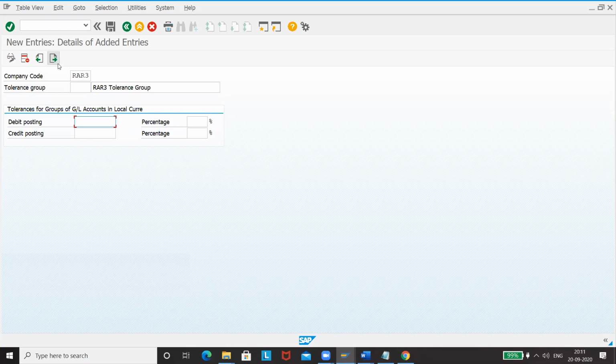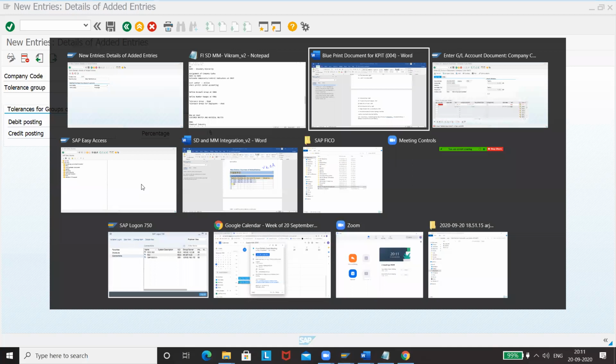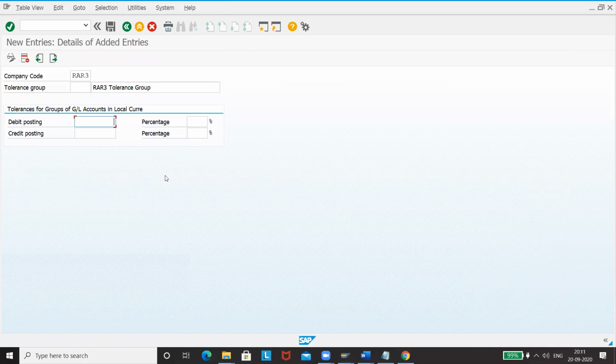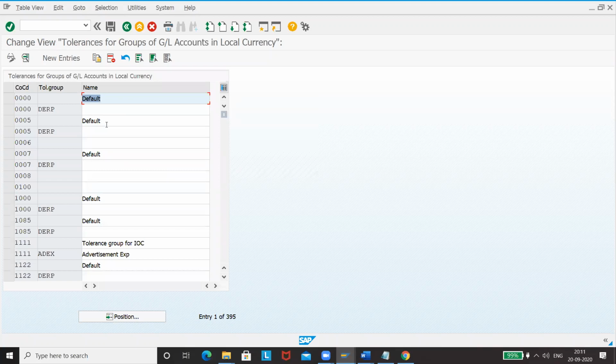Here you have to give tolerance. Whenever you post an entry, if these two things are not matching, you can give a range, and even if it is not matching, it will let you save. So you will have to give a range. Usually we give 100 if it is amount, and if it is percentage, it is 3%. It depends, of course, on the business requirement, but for practice purpose, you can give this number. Save this one. So that one is done.